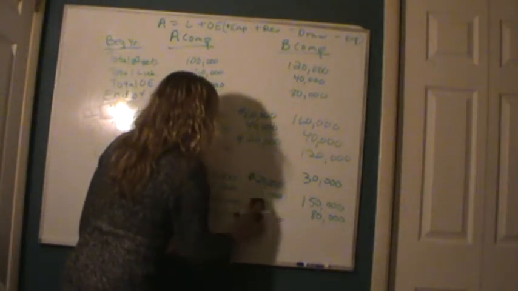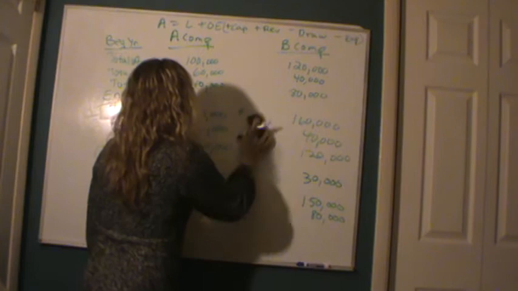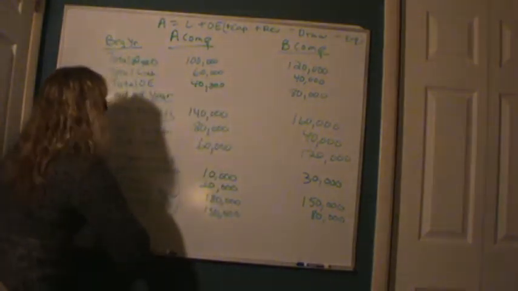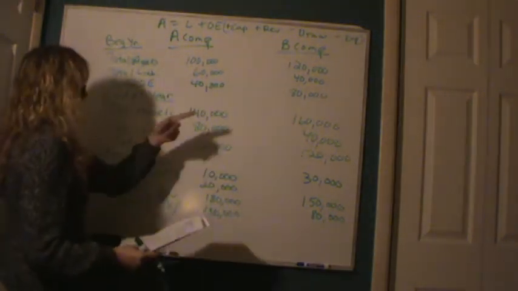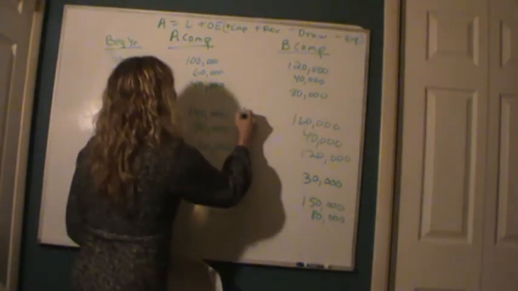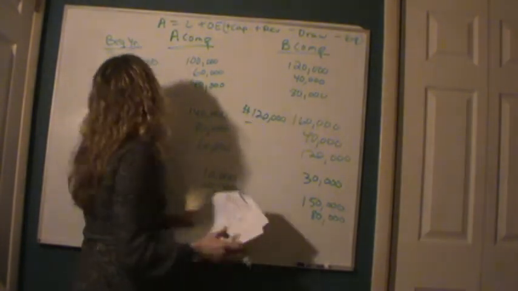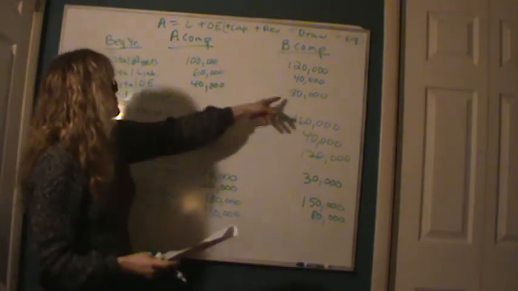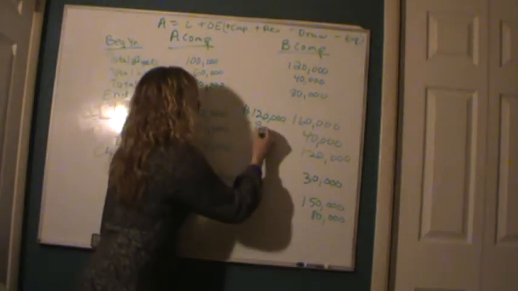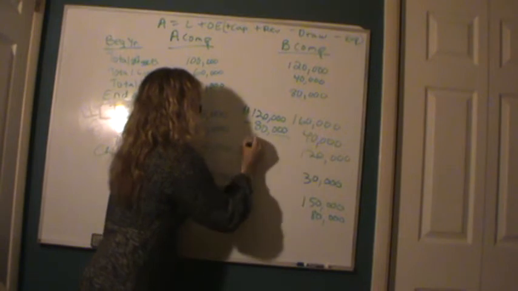Okay, now let's look at B company. We're missing drawings. So first let's look at our change. Again, we take our end of year owner's equity amount, $120,000, and subtract our beginning owner's equity amount, which is $80,000, and that gives us a change